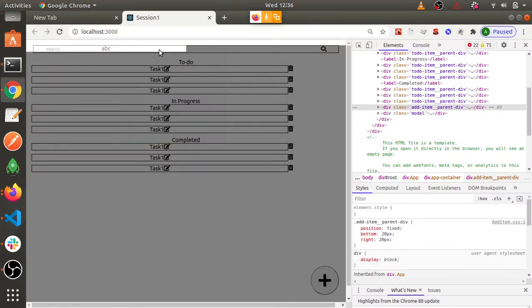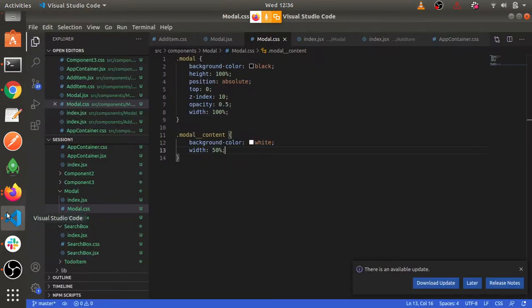It is coming currently on this. Should it be like this? No, right? It should be somewhere in the middle. So there are multiple ways to bring it in the middle. What I'll use is flex. There are different ways. So currently I'll be just using margin and all. Okay. But that is not the right way. You will tell me tomorrow what is the right way to bring this exactly in the center.